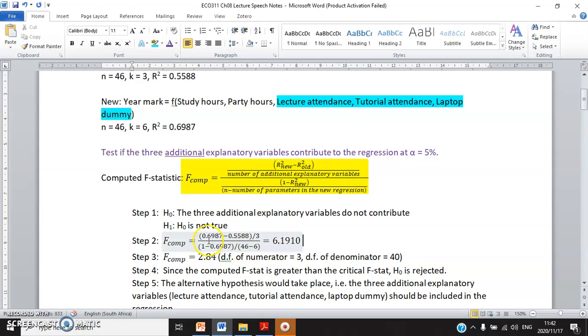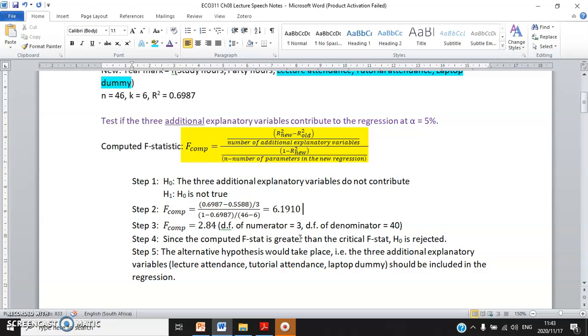Step 2, computed F statistic, substitution. R squared of the new regression, 0.6987, minus the R squared of the old regression, 0.5588, bracket, divided by the number of additional explanatory variables, 1, 2, and 3, so you put 3 here. And then divided by 1 minus the R squared of the new regression. This is why you must be careful. Substitute 0.6987, divided by n minus k, 46. Which k? The k must come from the new regression, 6. And this is how you work out the computed F statistic,